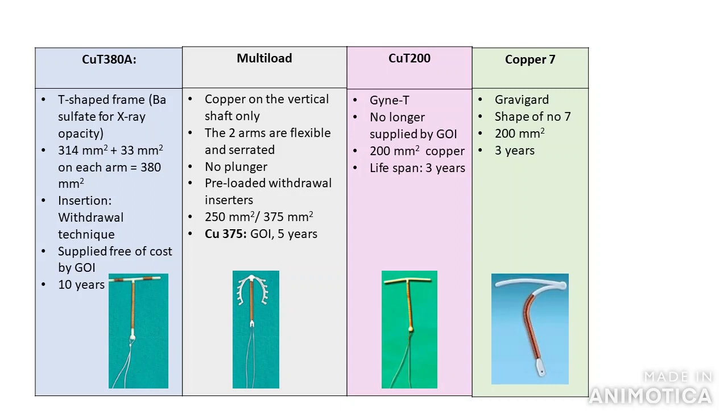So the least lifespan is for copper 7 and copper T 200. Remember it because they are shorter names than the others. Multi-load is 5 years, and copper T 380A has the longest name, so it is 10 years. That's an easy way to remember this. So these are the 4 copper Ts, and last, just to complete the list, and because it can come in your exam,